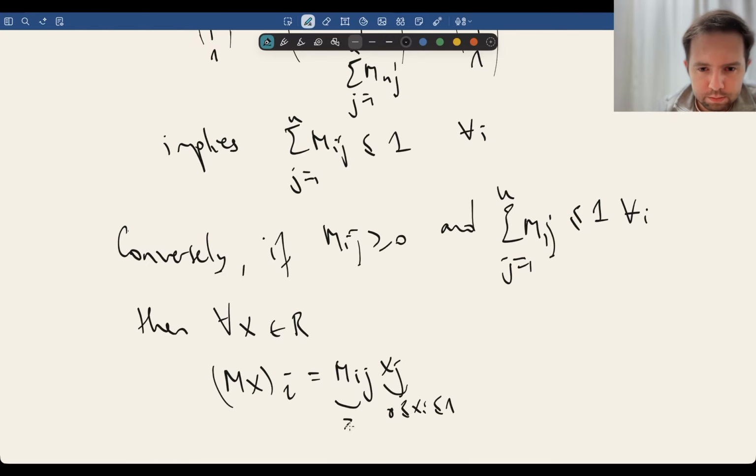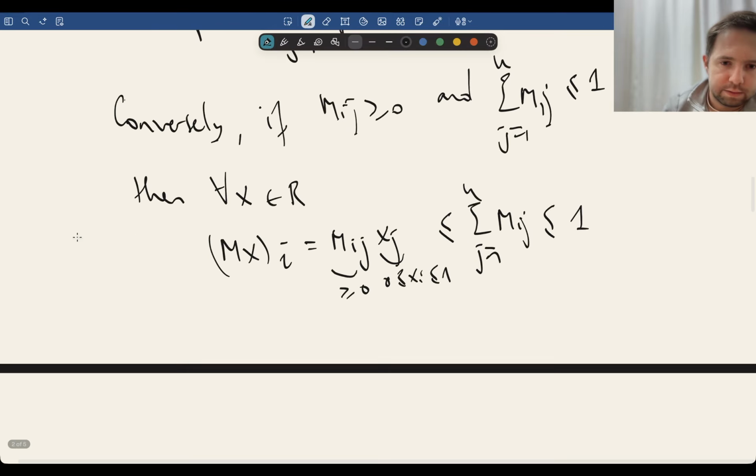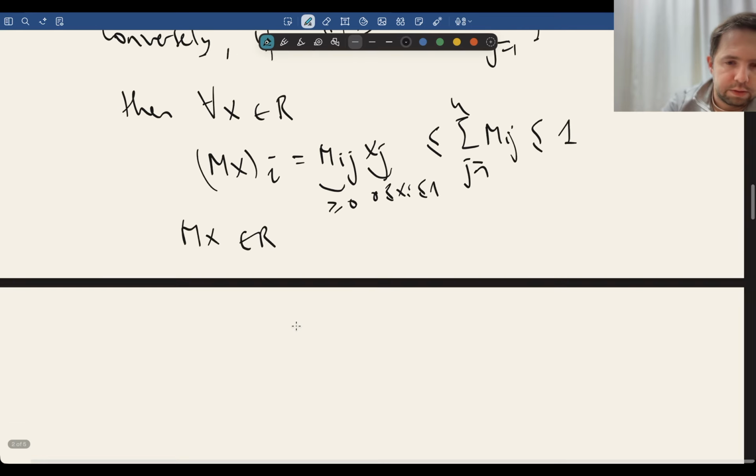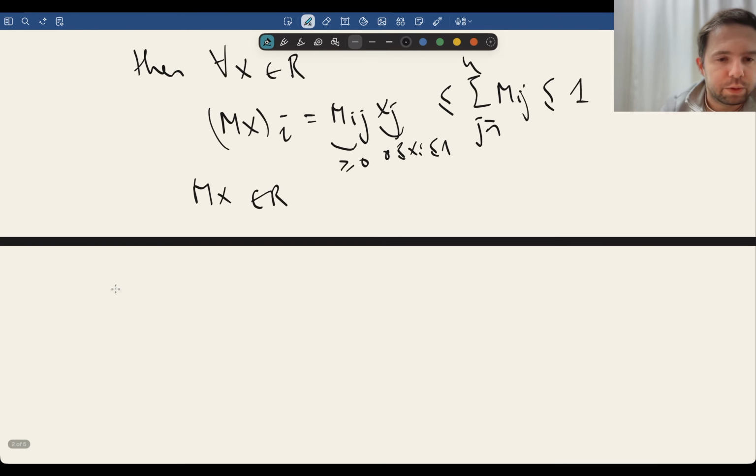And this is in particular non-negative, so this is going to be smaller than the sum of m_ij from j equals 1 to n, and this is smaller than 1. So this implies that Mx is still in R, and that we found a stabilizing matrix. So in that case, we were still able to characterize that S of the cube